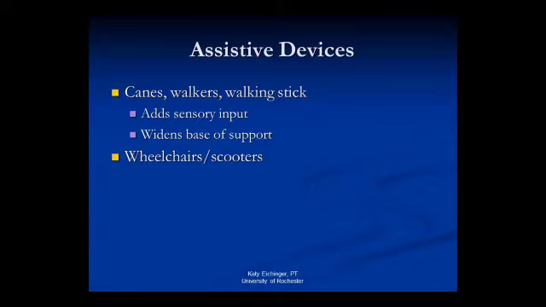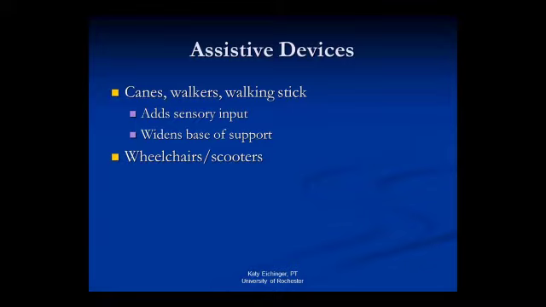Environmental considerations: these are overall general good practice for safety and modifying the environment to prevent falling and to prevent loss of balance. So using non-skid surfaces, especially in the bathroom or in the tub. If you live in an area like I do up here in the Northeast, and you have stairs that go outdoors, consider using some of the paint that has the grit in it to make the stair surfaces a little bit more slip resistant, I guess I would say.